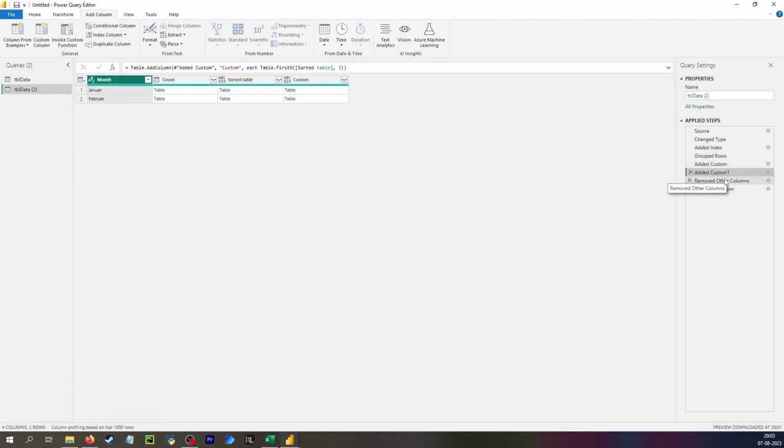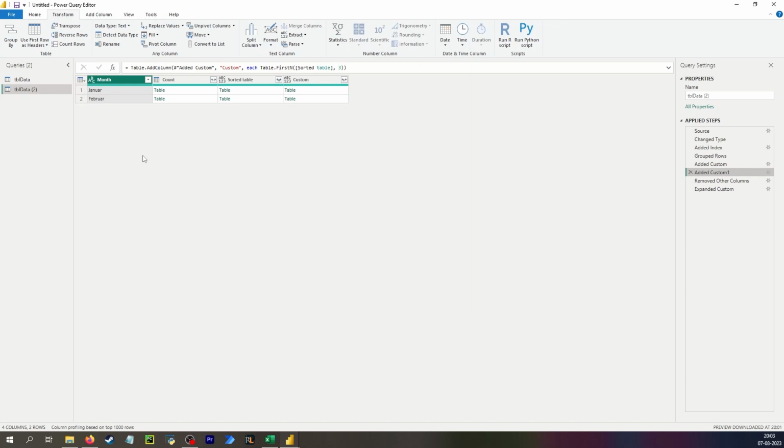So I would rather use this method where I group first and then I sort, and then I just extract the first 3. So yeah,